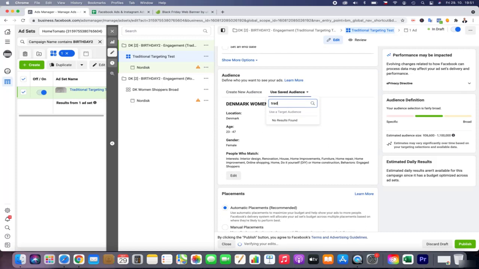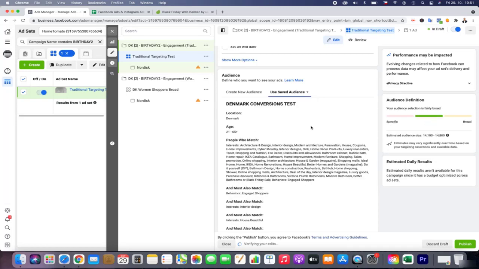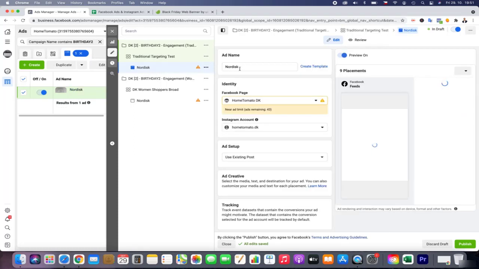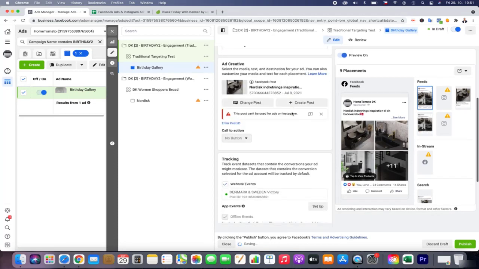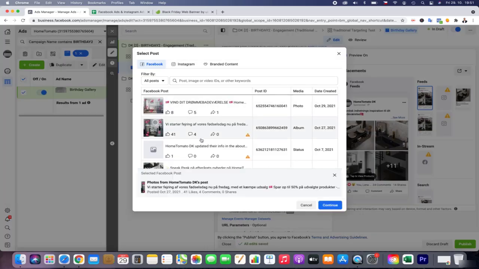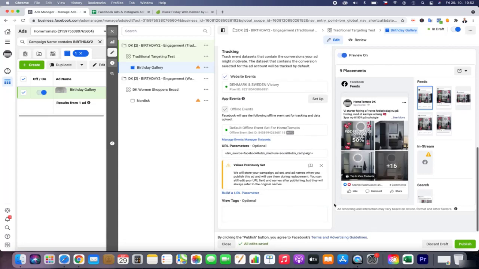You can see that it's better if you save it, and you can progress much better. And then I will just call it the birthday gallery. And it's very easy. I just change the post, so you can see it's really easy, and we click continue. And then we just publish it.